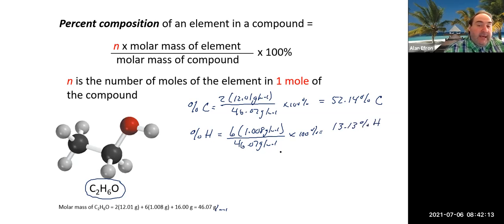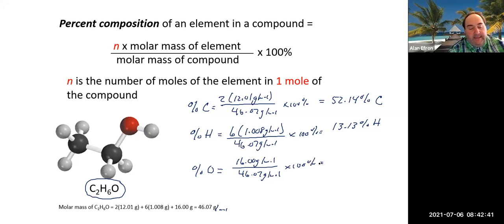of hydrogen. At this point, as I might have mentioned last time, you could do the same calculation for oxygen. In this case, we only have 1 mole of oxygen present. So that's 16 grams per mole divided by 46.07, the molar mass of the entire compound, times 100%. That gives us 16 divided by 46.07 times 100, 34.73% made up of